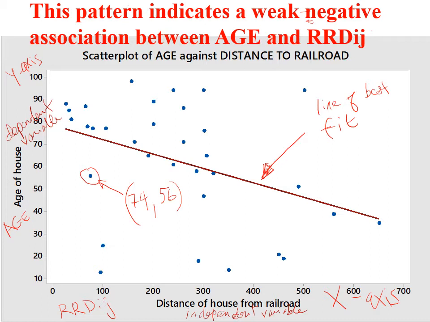And Spickard has some examples of both positive and negative associations in the textbook, so you'll want to look at those to get a general sense. But in this particular case, we see that there's what we would call a weak negative association. And I know it's weak because I calculated something called Pearson's R